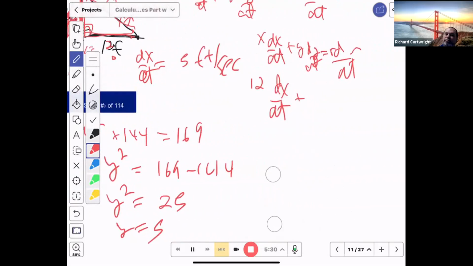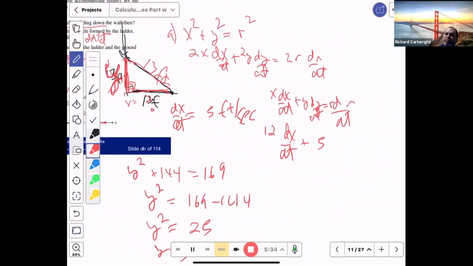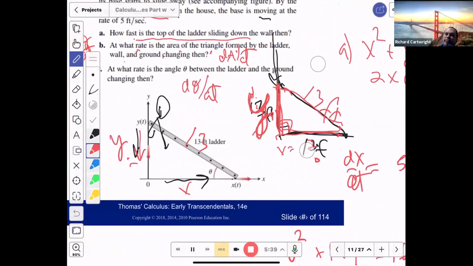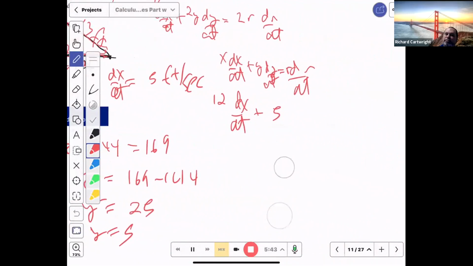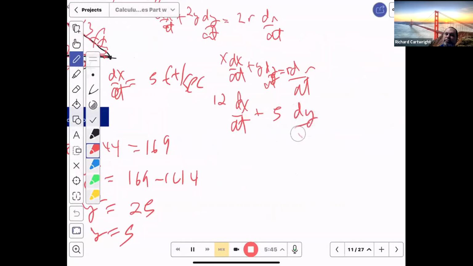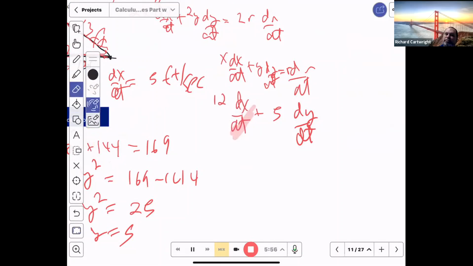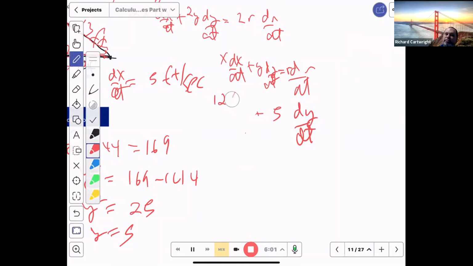So I'm going to plug that in now. 5 and dy/dt. How fast was the ladder falling? Wait, did I mess up? How fast the top? That is what I'm looking for. He gave me dx/dt. What was dx/dt? This one I do know. It's in the problem. What did he say? 5. Oh, come on. It says right there. It's 5. I don't know why I didn't catch it. 5